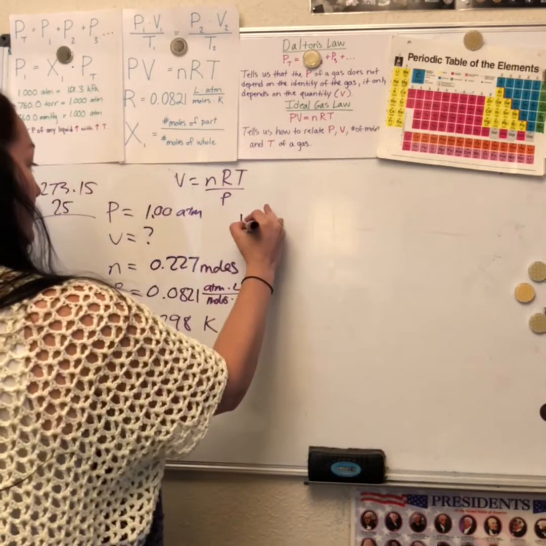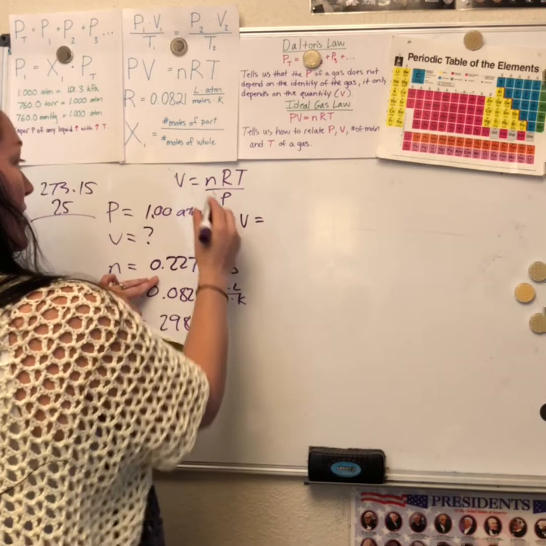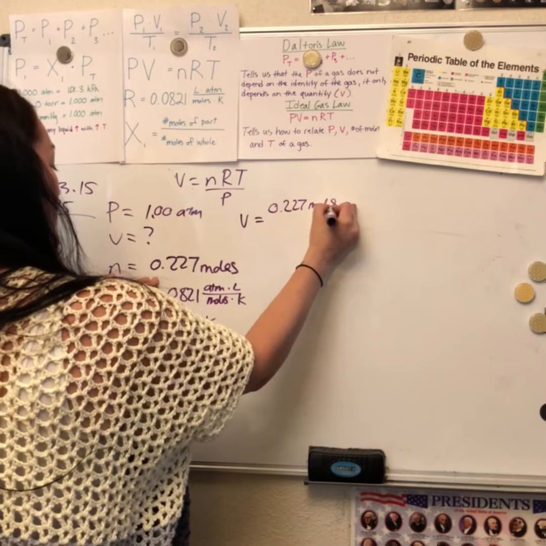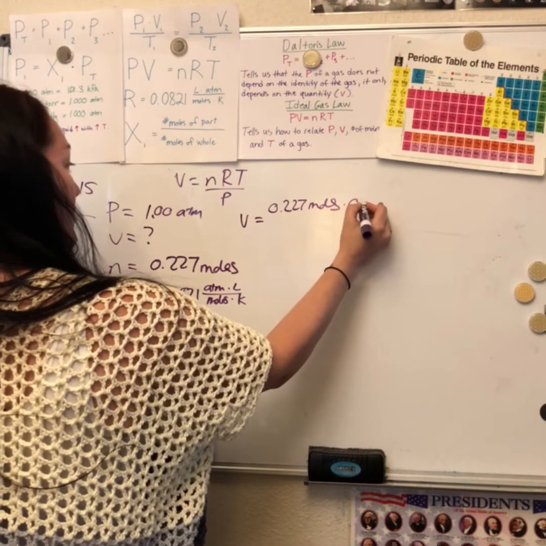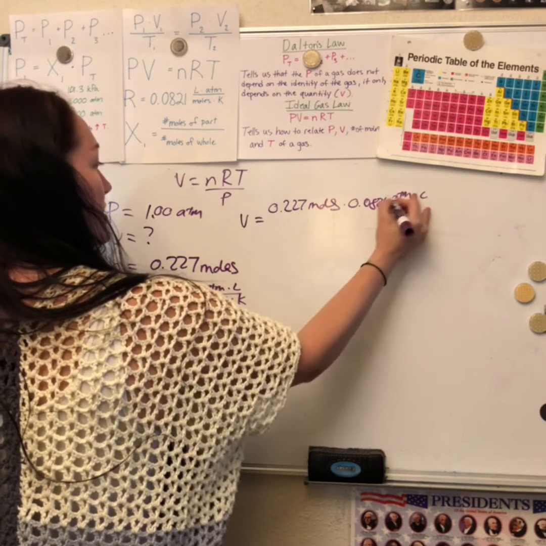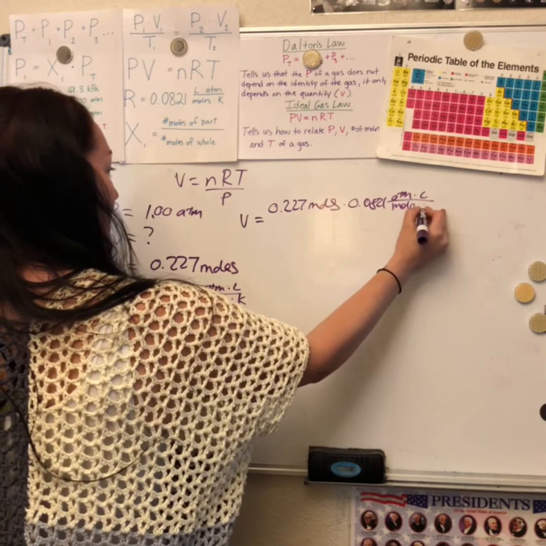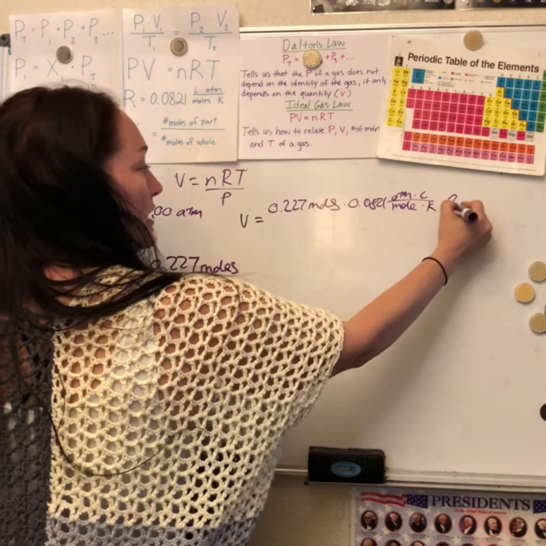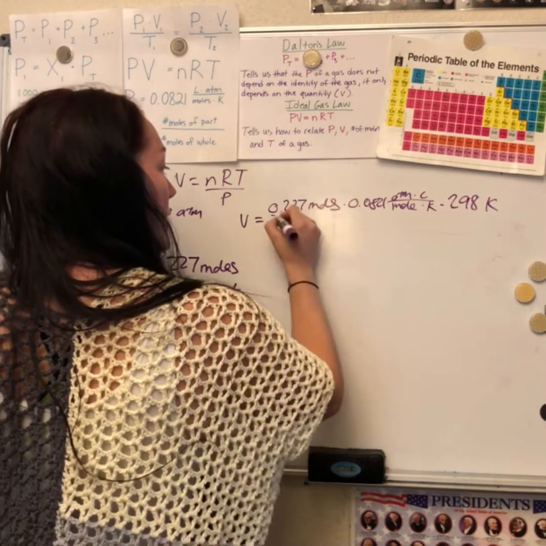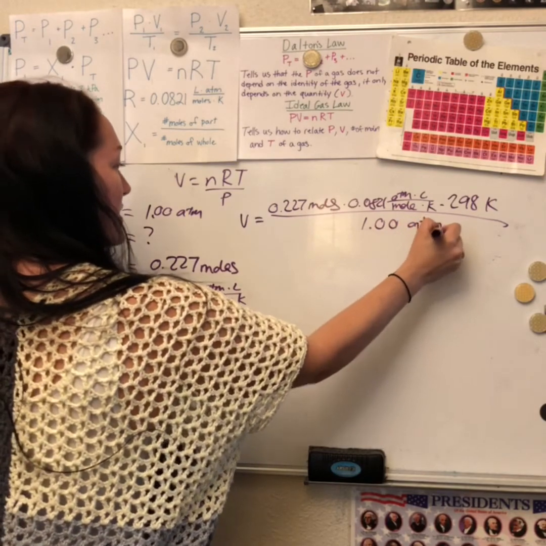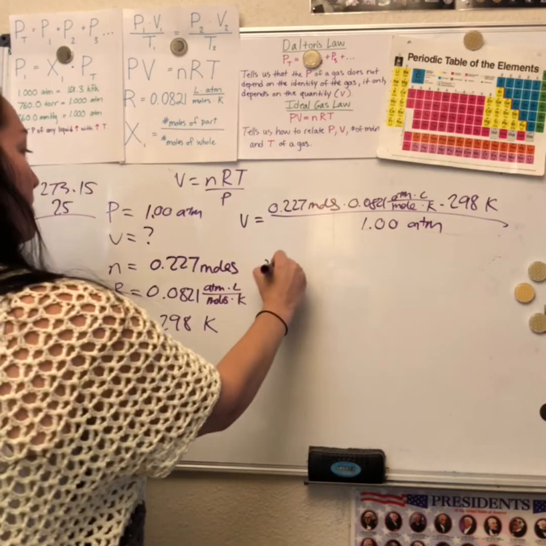We can just plug everything in from here on out. So my volume is going to be number of moles. Plug that in, 0.227 moles. Plug in your R, 0.0821 atmospheres. It's annoying to have to write all this out, I get it. And last one is temperature, 298 Kelvin. It's all over the pressure, which is 1. That's nice. You don't have to divide. All right, so cancel your